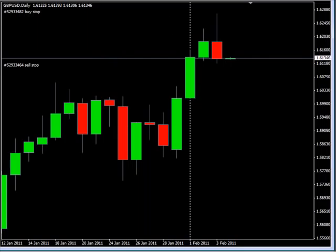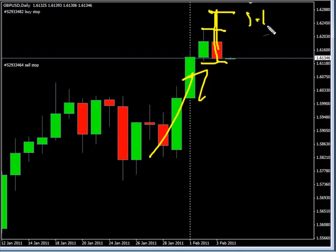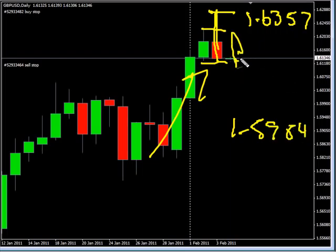Now the pound US dollar pair, this pair closed down, did break previous session's high, moved much higher but closed lower. Looking for this pair to still be moving to the upside, potentially going as high as 163.57, possibly as low as 159.84. Look for some resistance around 162.75 and look for some support around